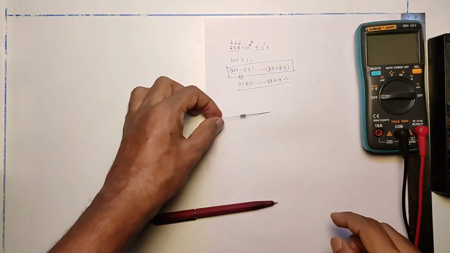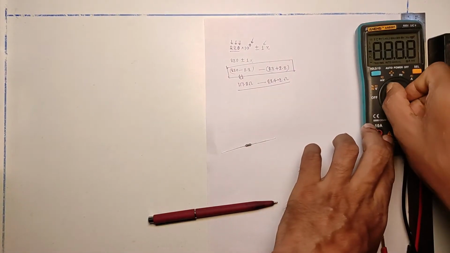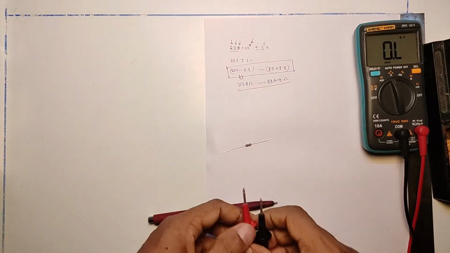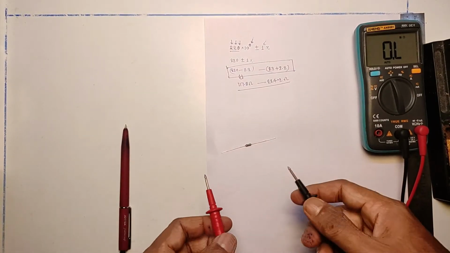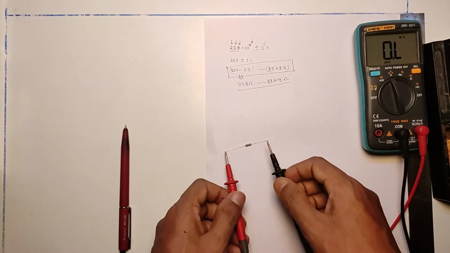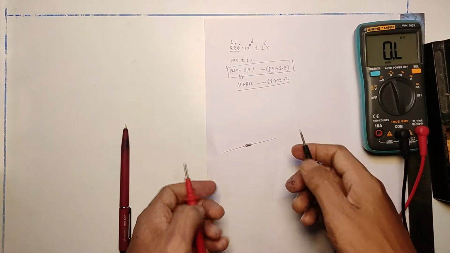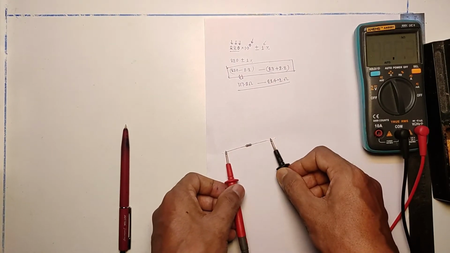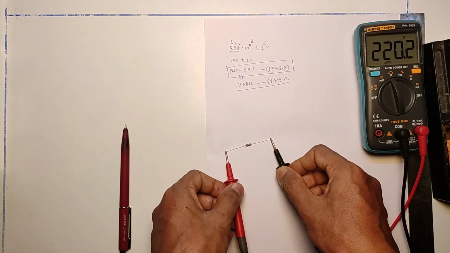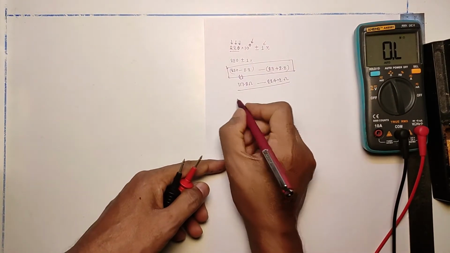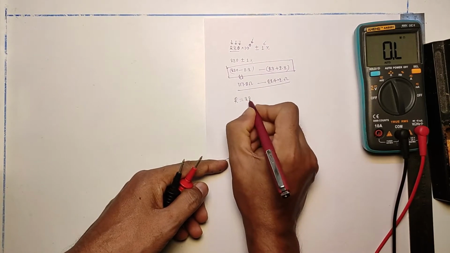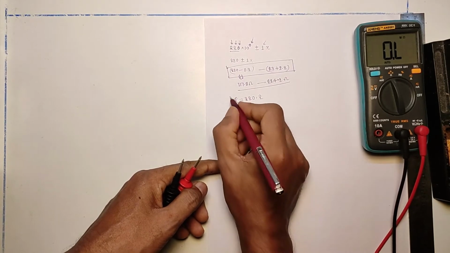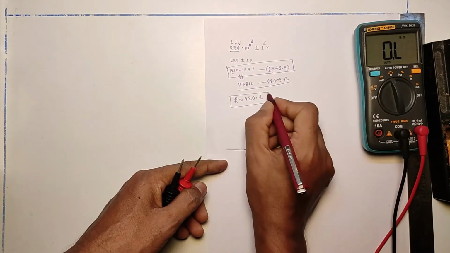Now we'll measure how much value we are getting. We'll put the digital multimeter into resistance mode, and now we will measure the value. For measuring, we'll put it on an insulator. We are not going to add our body resistance. So we are going to put it on this insulator paper and measure it. How much are you reading there? It's 220.2. It is very close. The tolerance is very less. This is what our resistance value is. So we got a resistor now.